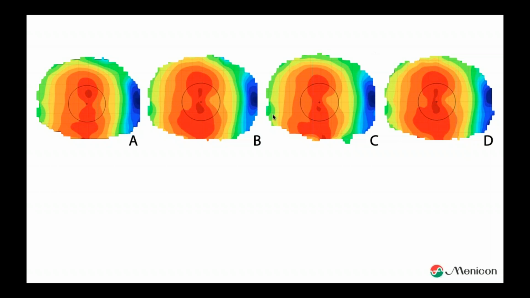Why? Well, what we see here are several topo maps. We see A, B, C, and D, the one from the question. And we see that several images are not looking the same. B and D look the same, but what we suggest to do with topography is doing more topography measurements at once. So only doing one measurement and relying on that is not useful. Keep using your Javal keratometry, but don't use topography then. Topography is only reliable if you do more measurements and compare them first.